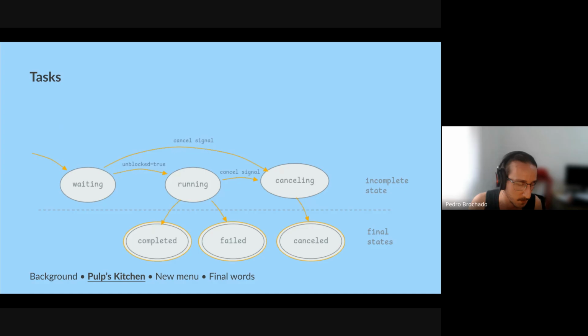Here's a state machine of the task. The canceling state can be reached from either waiting or running, because a user can request cancellation before the task is picked by a worker, or it can be running when the user requests the cancellation. Then if it's running, it can succeed or fail. And there are these two states here because you can just cancel the task and it's done, or you have to do some teardown operations.